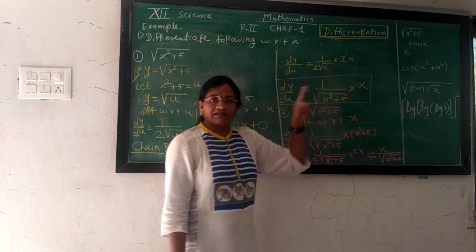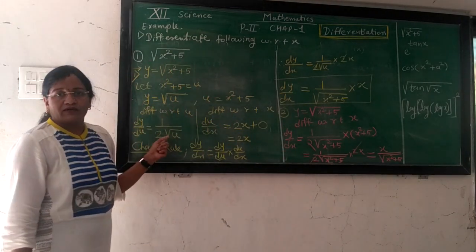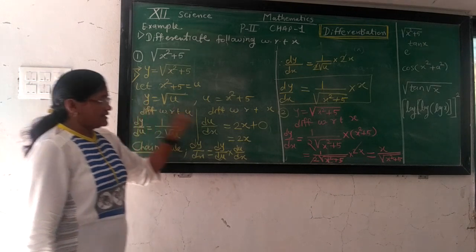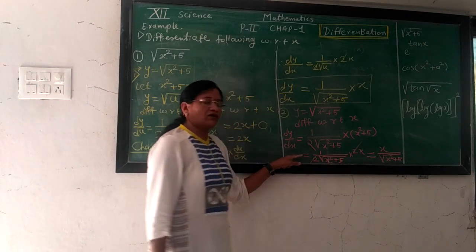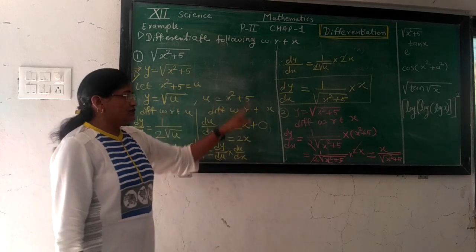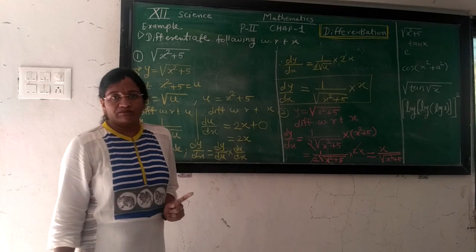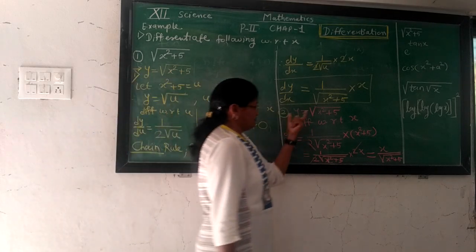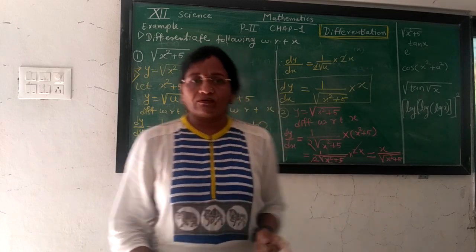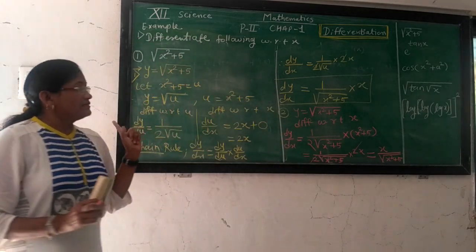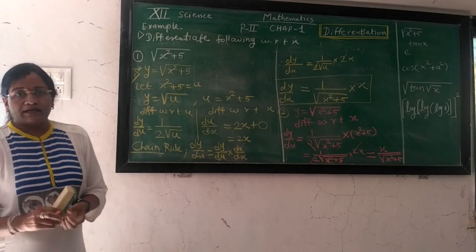The answer is the same, the answer is unique, but the method we take is different. The first method is according to the rule, and the second method is the direct method. So for solving examples on composite functions, we always use the direct method, which is easy, and we get the answer in minimum steps, taking all results with the help of the direct method. Now we solve the second example again by the same method, and the remaining three examples by using the direct method.